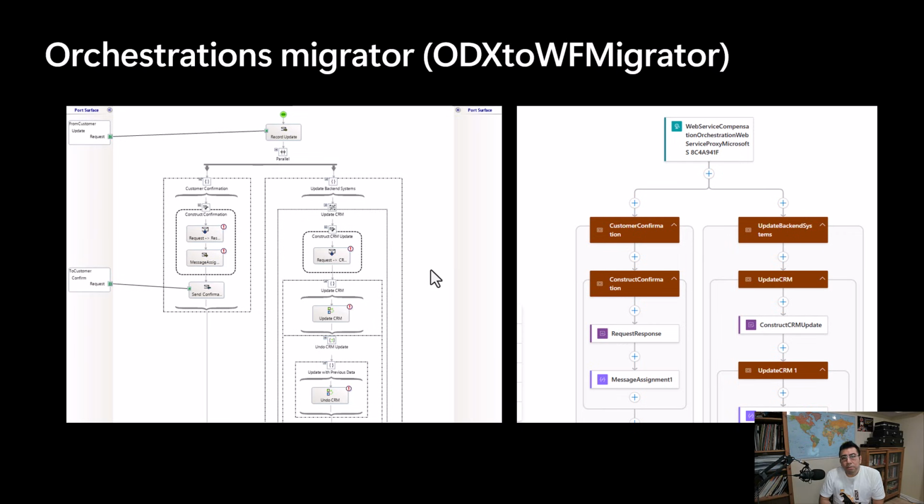No, we have the orchestrations migrator that is basically a converter, right? So it takes the ODX file and the bindings and it generates a trigger and actions. And you will say, yeah, what happens with multiple receives and how does it know what trigger to use? So it will do a very good job in reading the bindings and it will try to create, it creates a hierarchy of objects and then with this model, it maps them and then it generates the workflow, right? So you will see that in action, but it does a pretty good job in mapping your orchestration to